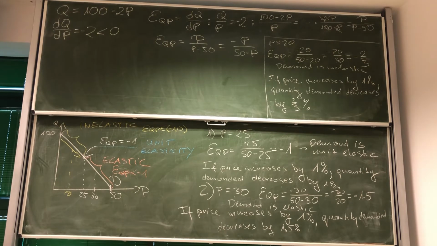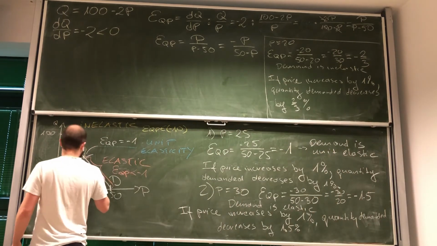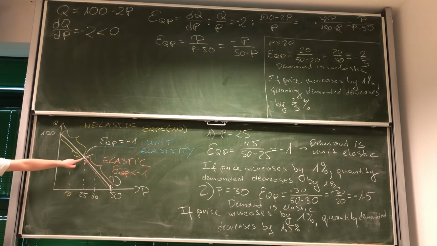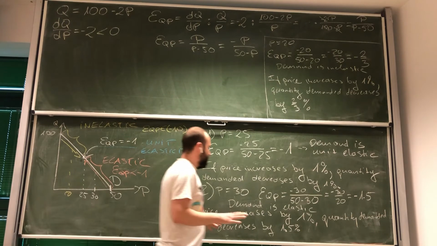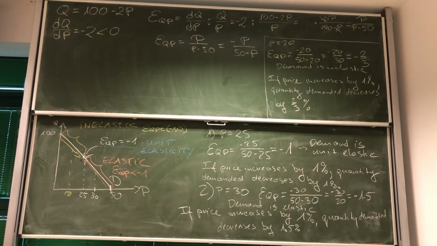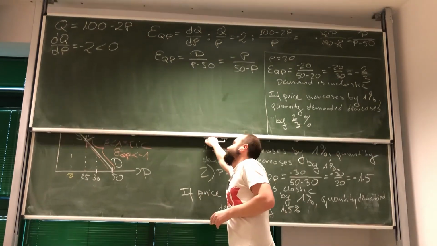So in this case, the rational thing to do is simply to decrease the price. And look, this actually points us to unit elasticity as being the best price that we can charge. And actually, there is a very, very strong argument why this is the case. But before we